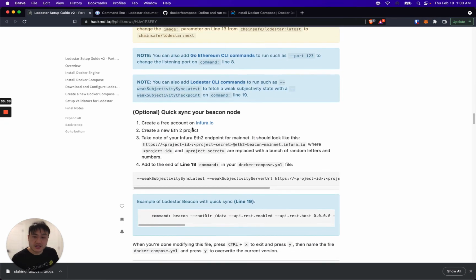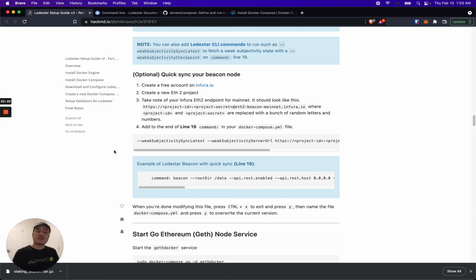Next is quick syncing your beacon node. The cool thing about the Ethereum beacon chain is we have something called weak subjectivity syncs, which basically allows you to utilize a weak subjectivity checkpoint and then be able to sync faster to the network. As an example here, I can show you how to create a free account on Infura